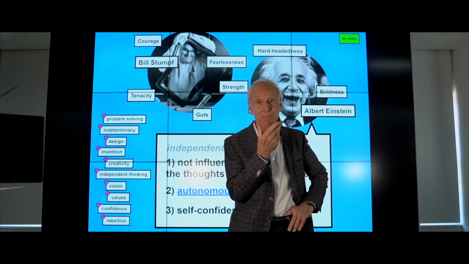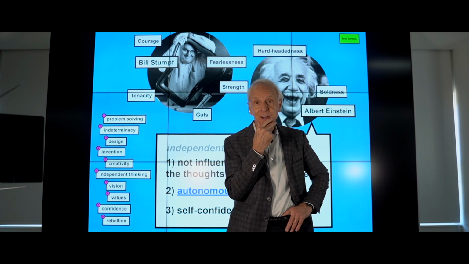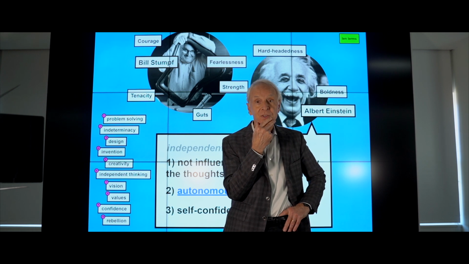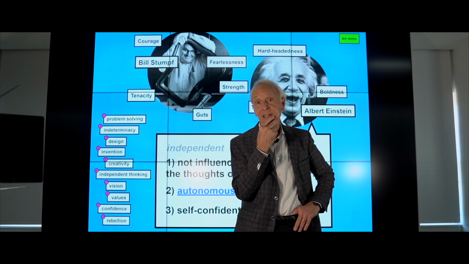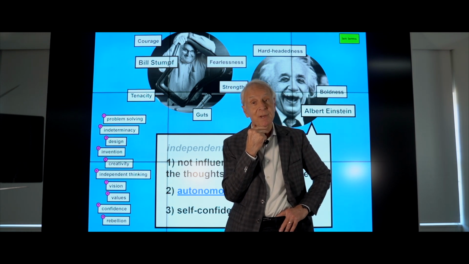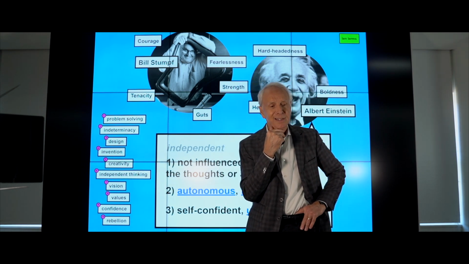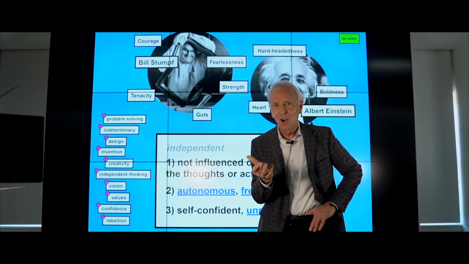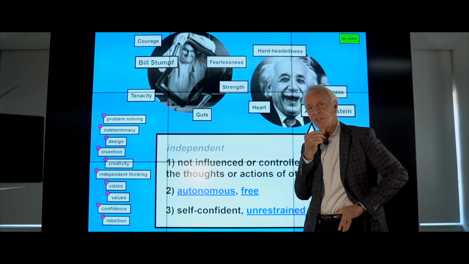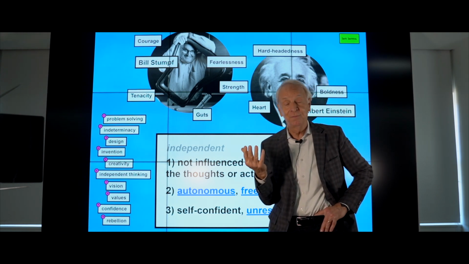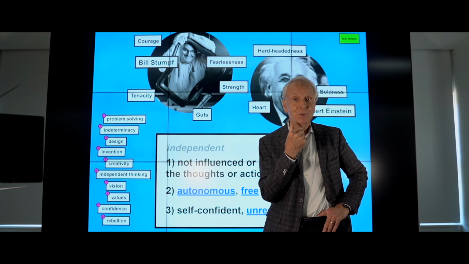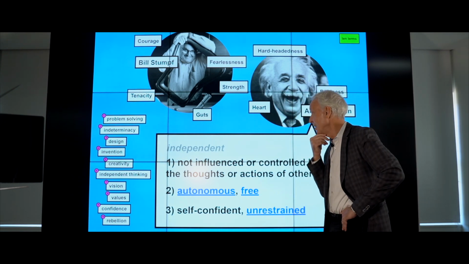Probably you've had peer groups that you've been a part of where your actions and your thoughts were controlled to some extent by others. Probably you were part of a family where maybe your actions and your thoughts might have been controlled to some extent by your parents. Isn't that the way it's supposed to be? Aren't you supposed to be influenced by and controlled by others? Well, part of creative problem solving is independent thinking, is being able to not be controlled by others.